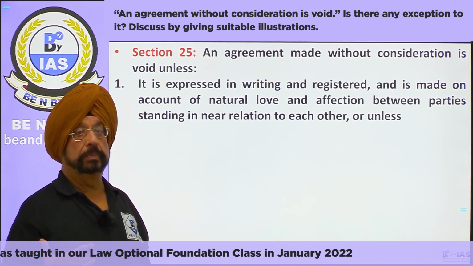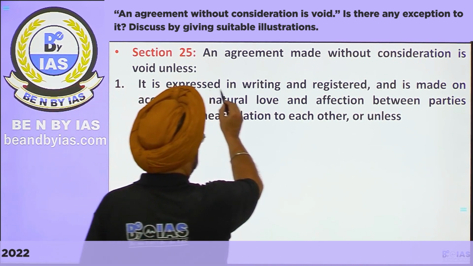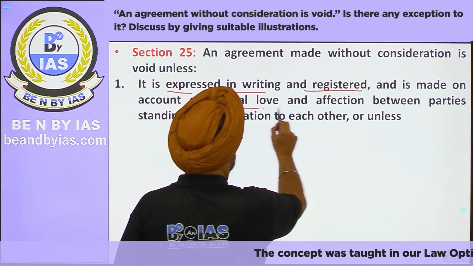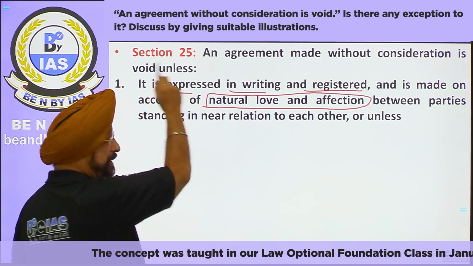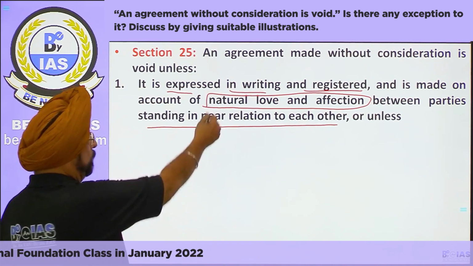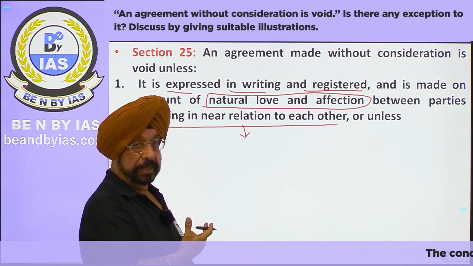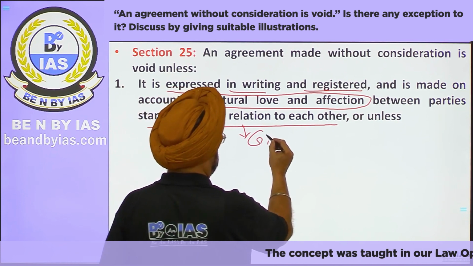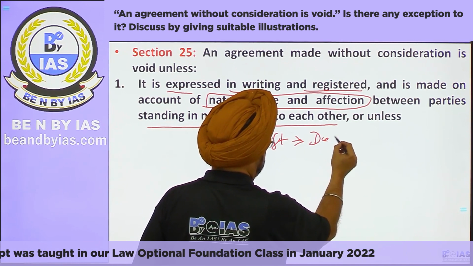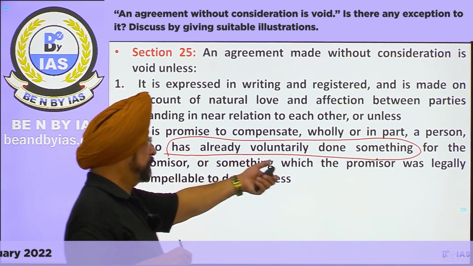Unless का मतलब there are exceptions. What is the first one? It is expressed in writing and registered and is made on account of natural love and affection between the parties standing in near relation to each other. This was missing in the English law. इसको आप क्या कहोगे? There is no consideration in this. तो क्या कहेंगे इसको? Gift. But this gift must be through a deed, written, registered,